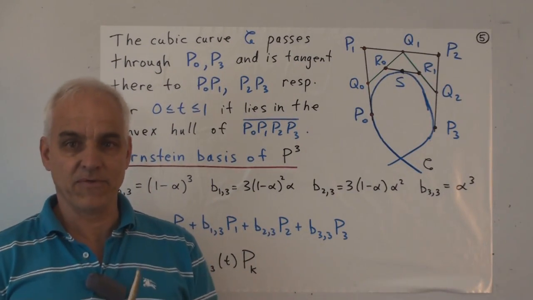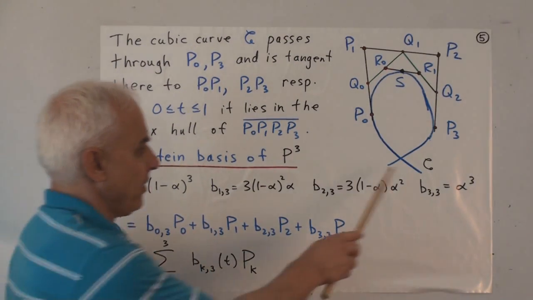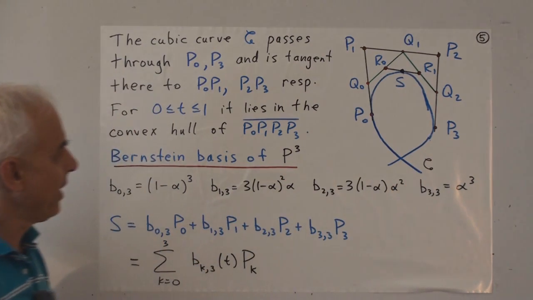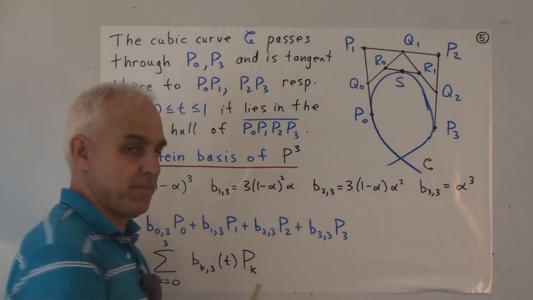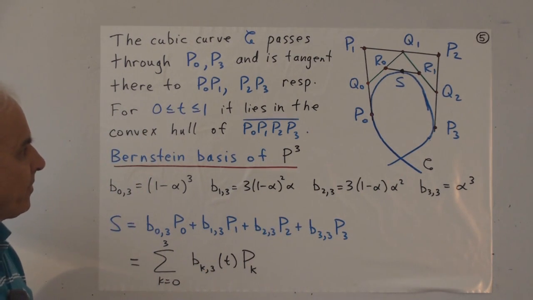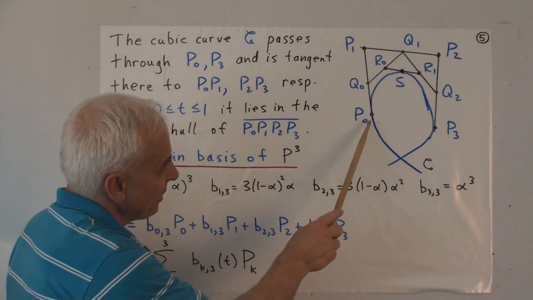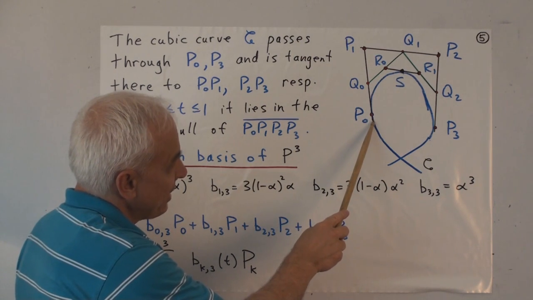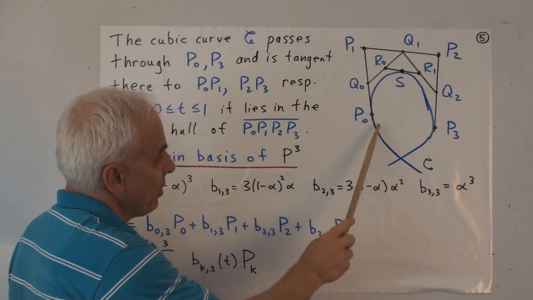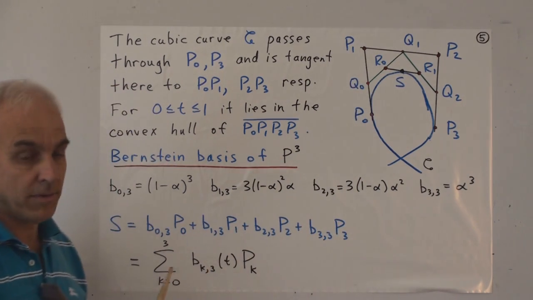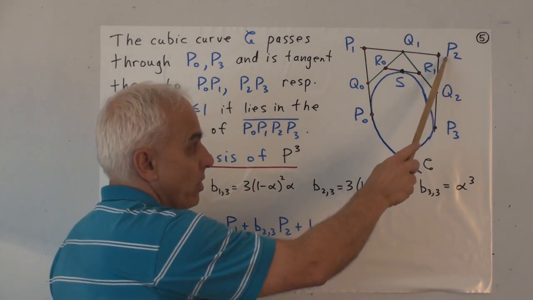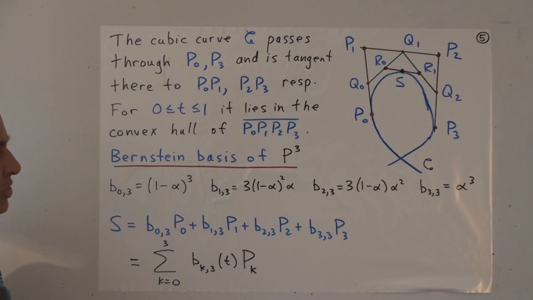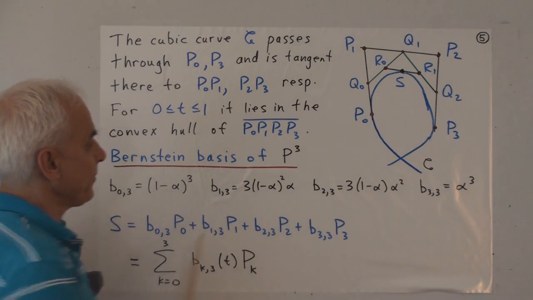This cubic curve that we've constructed this way, here it is here, let's call it maybe C. It has various obvious properties. It goes through P0 and P3 when t is equal to 0 and 1. And it's not too hard to see that, just as in the quadratic case, the tangent to this curve at P0 points towards P1. And the tangent to the curve at P3 points towards P2. So P1 and P2 determine the tangents to the curve at the endpoints.